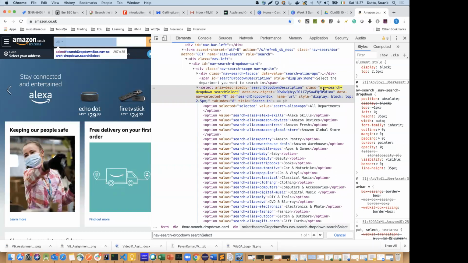A class can be used by many different attributes or different tags. The class is an attribute that can be used by many different tags, which means that you are never sure whether the class is going to be unique or not. Right at this moment it is, but there can be another element in the page later on added by the developer, which is also going to have the same class, and in that case you will have the result as